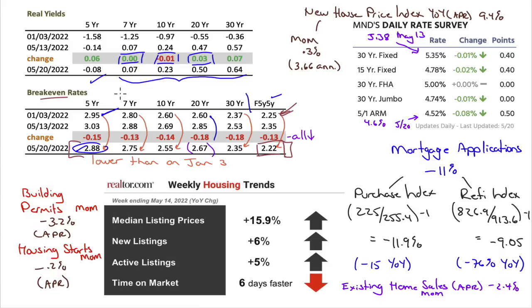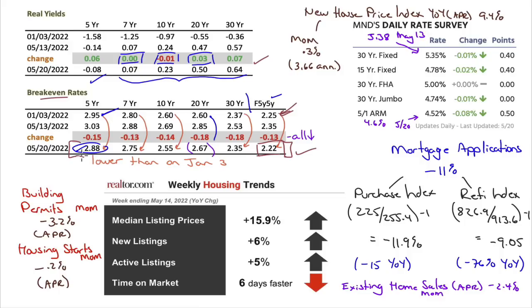Now, nominal yields are lower. Bonds did rally, but not the TIPS. The real rates are still where they were, if not a little bit higher. Maybe it's just an oversold condition, and this is a mathematical result of the two rates. Maybe there's no information in there, as opposed to, let's say, this being intentional.